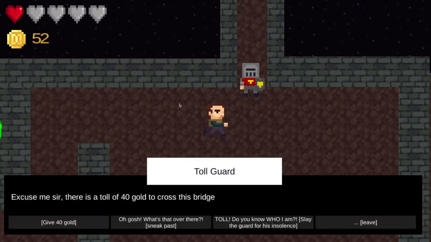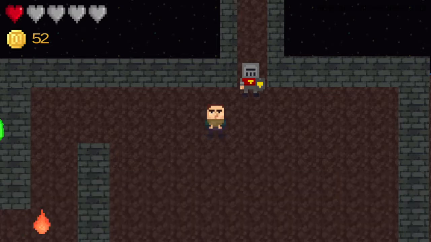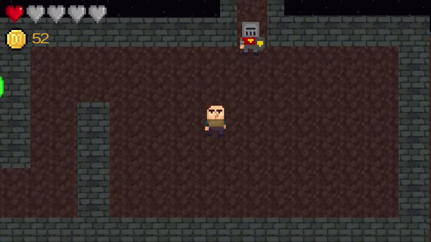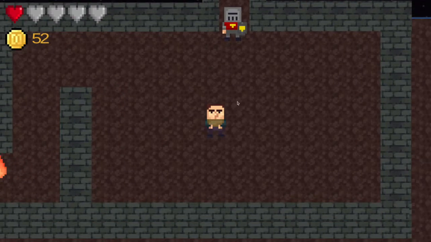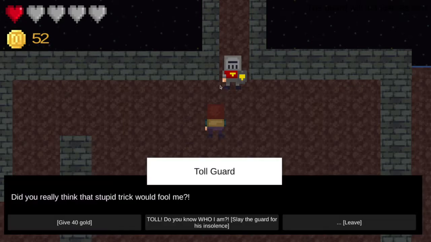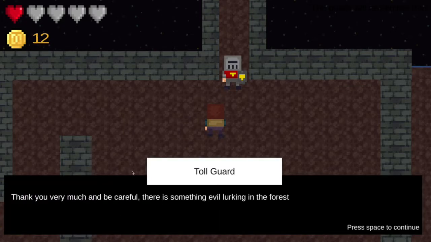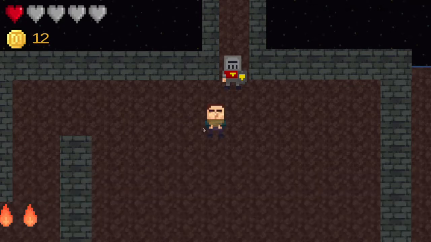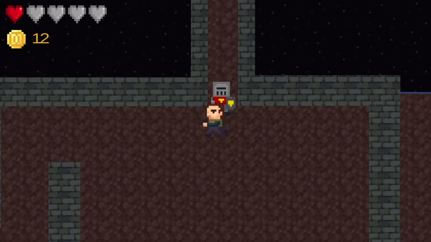But then it falls into the same problem as basically every RPG with a moral choice system in that they might as well just ask you right at the start of the game, do you want to be good or evil? And then pick all of those choices. Because if we end up picking half good options and half bad options, then we end up with neutral karma and we get a rubbish ending.